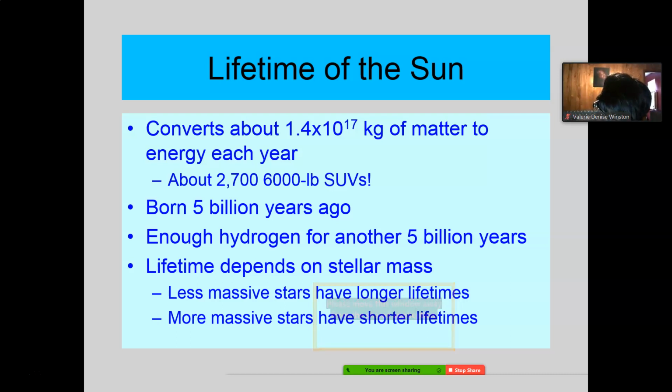We're going to take our sun, but you can extend this to any star. Now, here's our sun, an average star. Okay? Average. Bigger stars are going to produce a lot more. Smaller stars, weaker stars, a lot less. It converts. Now, when it says convert here, I